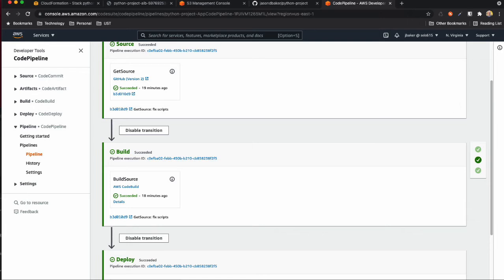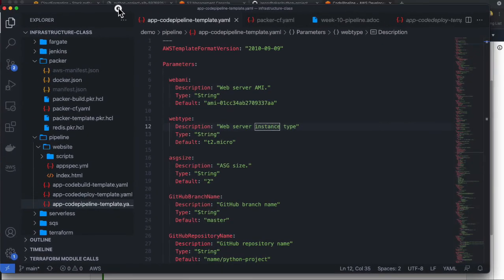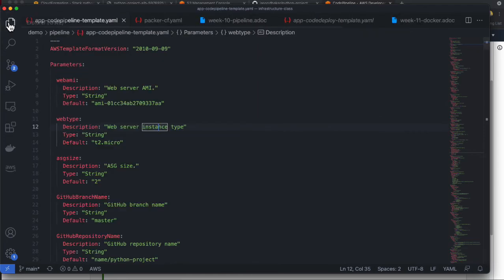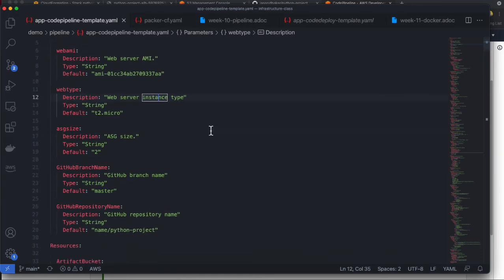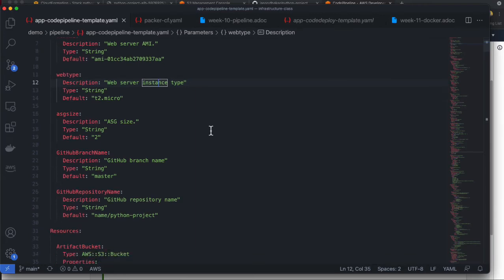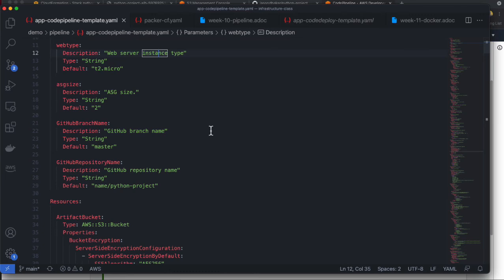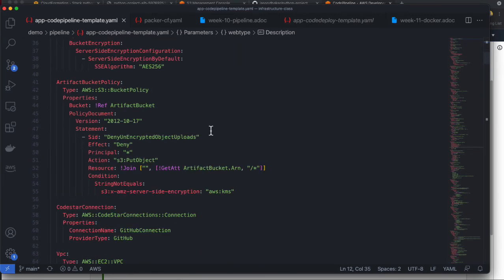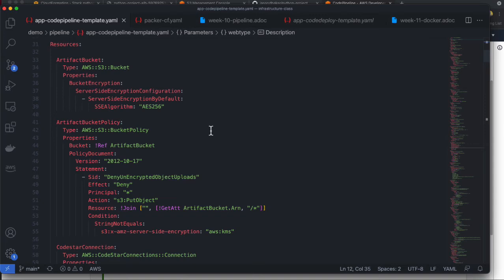The one last thing I want to do here is quickly walk through the CloudFormation template that was used to deploy the stack. So if we look at the CloudFormation template, and this is the CodePipeline template, we see that there's a number of input parameters. We've seen all these input parameters before, for the most part. In previous stacks, we have an artifact bucket and an artifact bucket policy. These are exactly the same as our previous